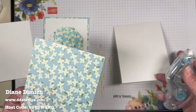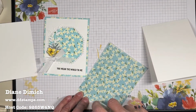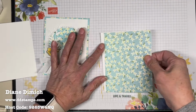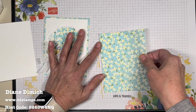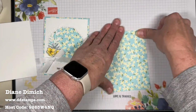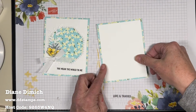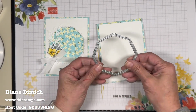All right, so again, I'm going to attach this vellum. And again, I'm so happy because the vellum, the tape doesn't show through. We're going to go ahead and attach this. And this time you can see I'm actually covering the whole base of the card. So there we go. And then we have this piece that I cut down, and I'm going to use it to cut out this frame. So this frame here,